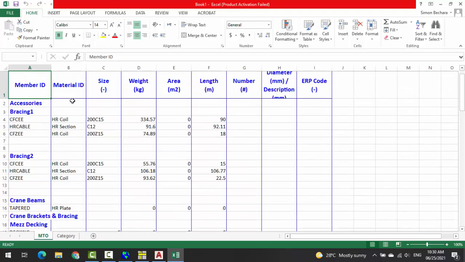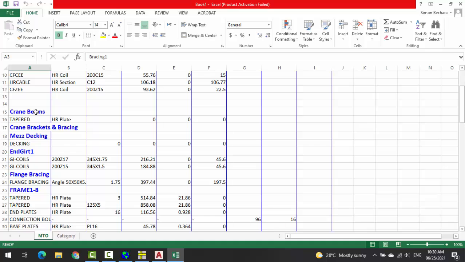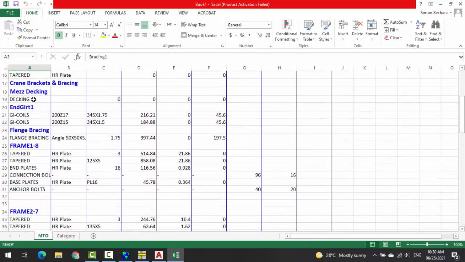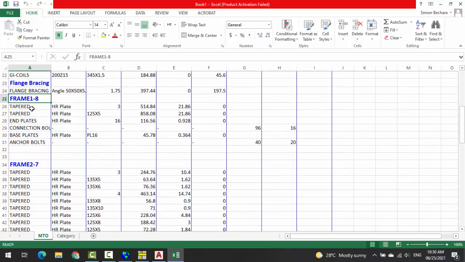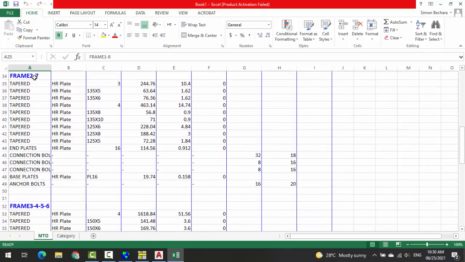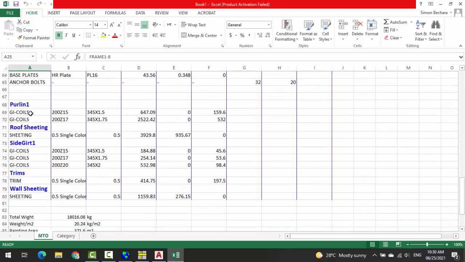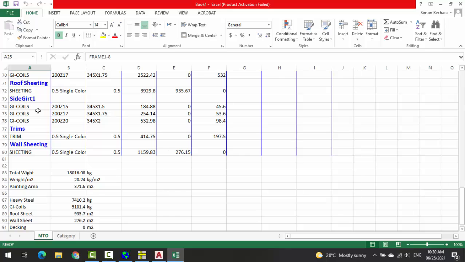Then for each item I can see the bracing, accessories I have none, bracing 1, bracing 2, crane beams I don't have any, crane brackets none, mezzanine deck none, end girts, flange bracing, frame number 1 and 8, frame number 2 and 7, frame 3, 4, 5, 6, purlin number 1, roof sheeting, side girt,